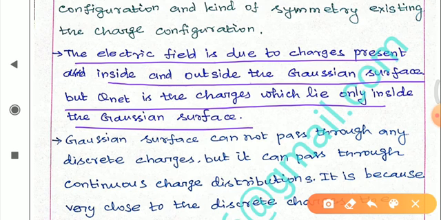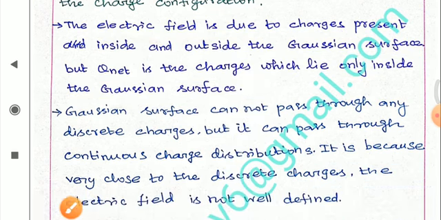But Q net, the total charge, means we have to consider only the charges which are located inside the Gaussian surface. Okay, right. So how can we understand this point? Because we can expect a 1 mark question from this topic. For this I am giving one example, you can see.